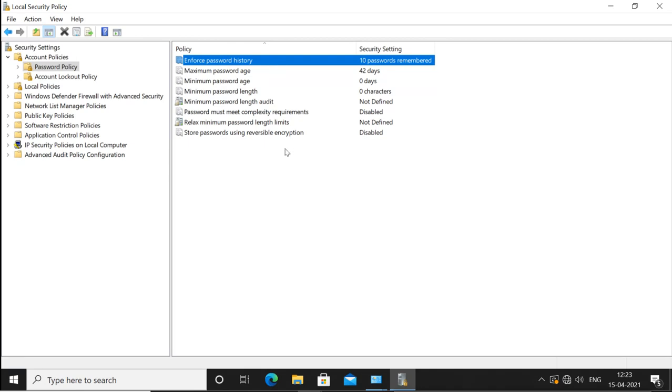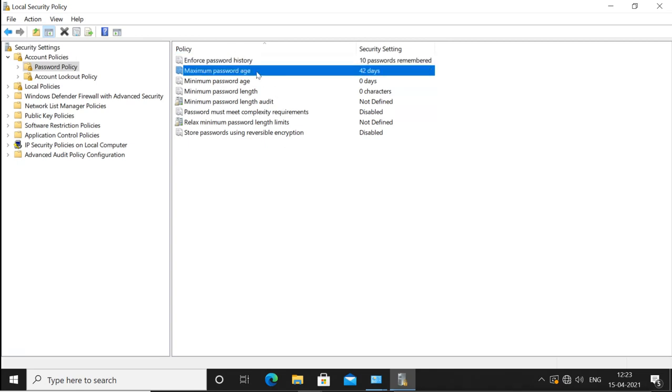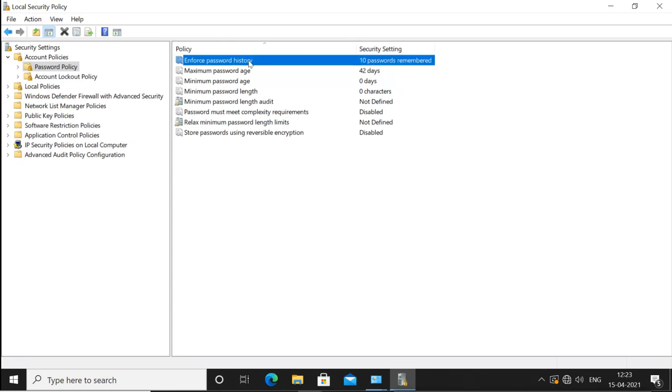Now some users are smart. They do some smart thing. After 45 days when the password expires, on the same day, same time, they will change the password to 10 different passwords, and then the history is over, and then they keep the favorite password again. That means they change 10 times to different passwords and then keep the same password again, all in the same day. They can also do that.